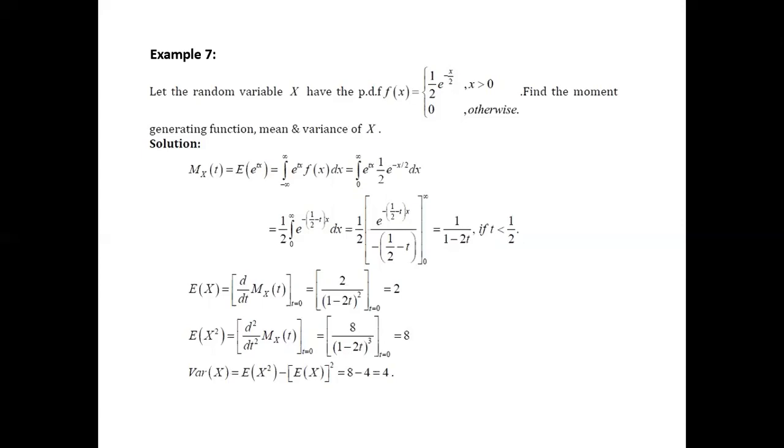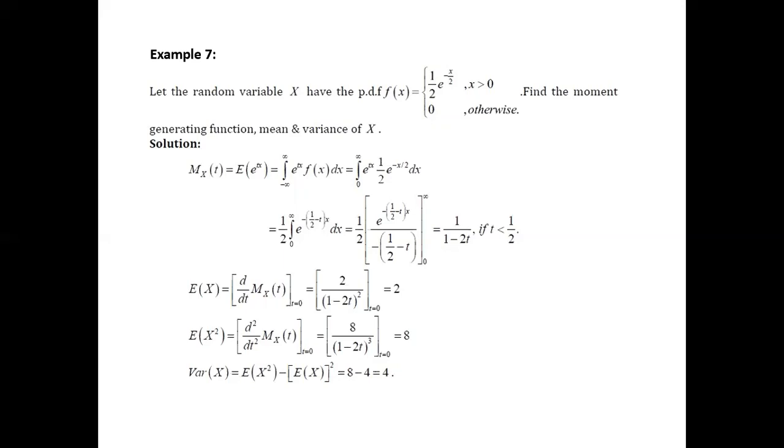Now the moment generating function Mx of t equals expectation of e power tx, so integration minus infinity to plus infinity e power tx f of x equals integration 0 to infinity e power tx 1 by 2 e power minus x by 2. So substitute the values. Then I will get the function equals 1 by 1 minus 2t